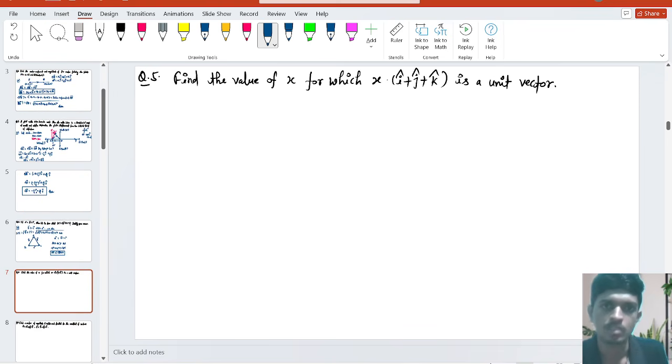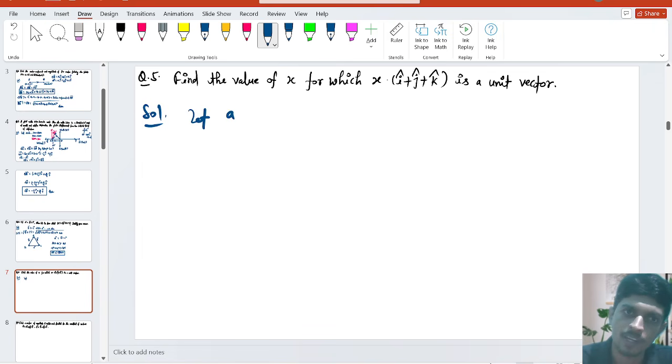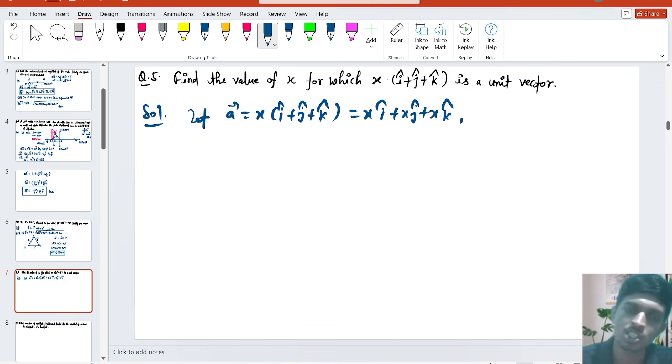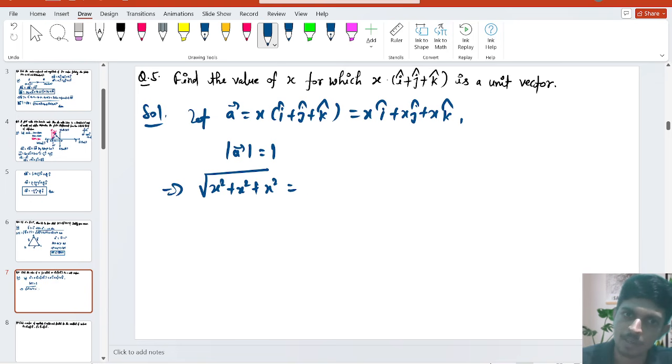Coming to the next: find the value of x for which this is a unit vector. The solution is: let vector A equal x i cap plus j cap plus k cap. Multiplying, you get x i cap, x j cap, plus x k cap. This is a unit vector, so its modulus equals 1. So simplify it. What is the modulus of vector A? The coefficient of each component is x square, x square and x square. Simplify it, you get